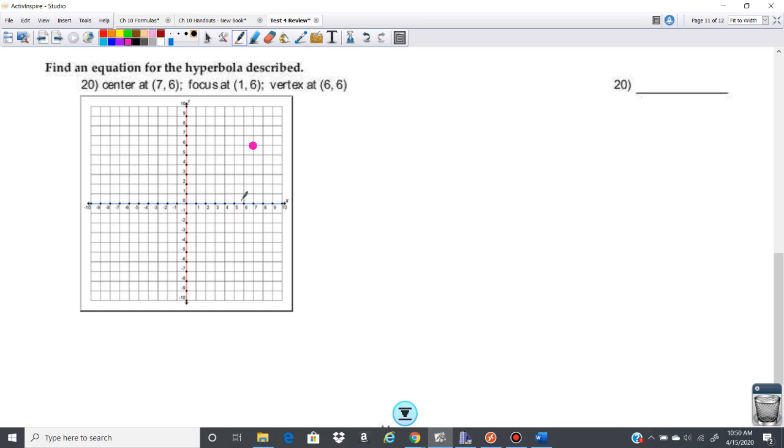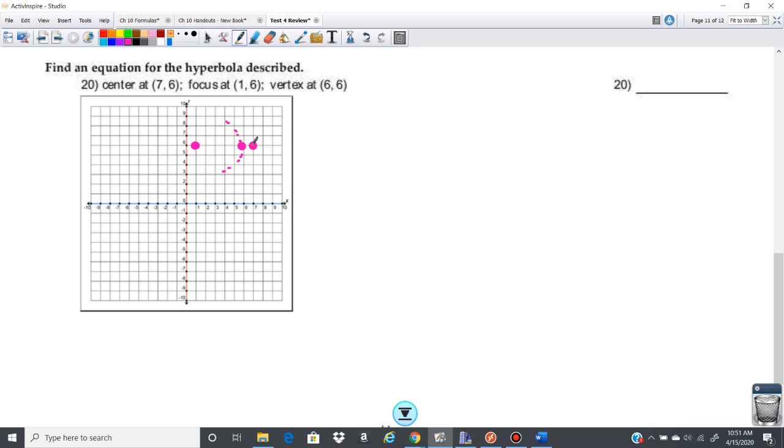We have a focus at (1, 6). So (1, 6) is going to be right here. And we have a vertex at (6, 6), so right here. All right, so here's what we know. We know that we're opening towards the focus in this case. So I know that I'm going to be opening like this